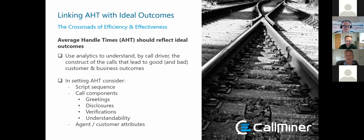Did we get the right outcome for the consumer? Did we get the right outcome for the business? Let me give you an example about why handle time doesn't really matter. A couple of months ago, I got a renewal for my car insurance. It came in the post 30 days before you renew. And the premium had gone up ever so slightly, not dramatically. I looked at a comparison website and I can get it £100 cheaper. So I'd been with the same insurance company for 5 years, had a claim the year before, was really well handled, well managed. I wasn't thinking of leaving, but I thought I'll just ring up and say, hey, I've got a quote, but I've got another quote from an